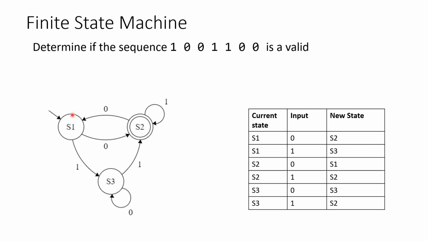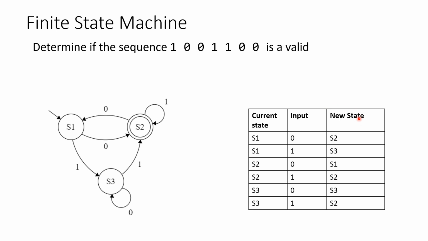So these are represented by circles. They also consist of a change or transition between the states, and those are represented by the arrows. And they also have inputs here, so we have ones and zeros representing the inputs in this case. So these finite state diagrams are a graphical way of representing finite state machines. We can also represent them in the form of a table which has the current state, the input and the